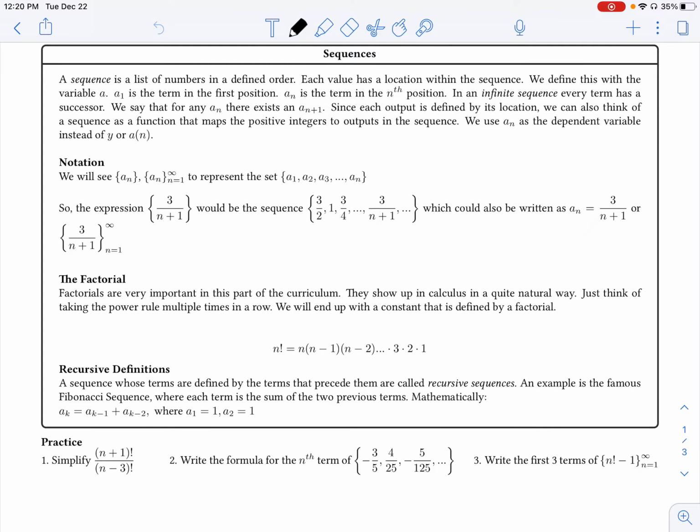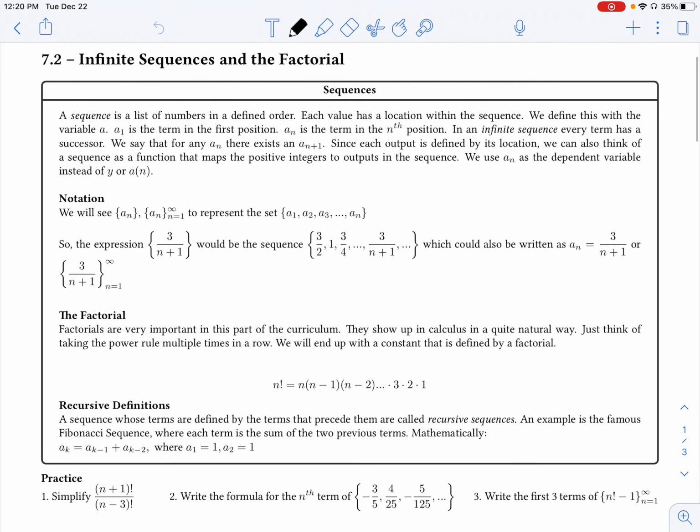So in order to move forward, we need to actually move backwards a little bit. That is to say, in order for us to talk about power series, we need to first discuss series. In order for us to talk about series, we need to first talk about sequences. So this is a lesson that is largely review in regards to sequences, and something that you could probably do